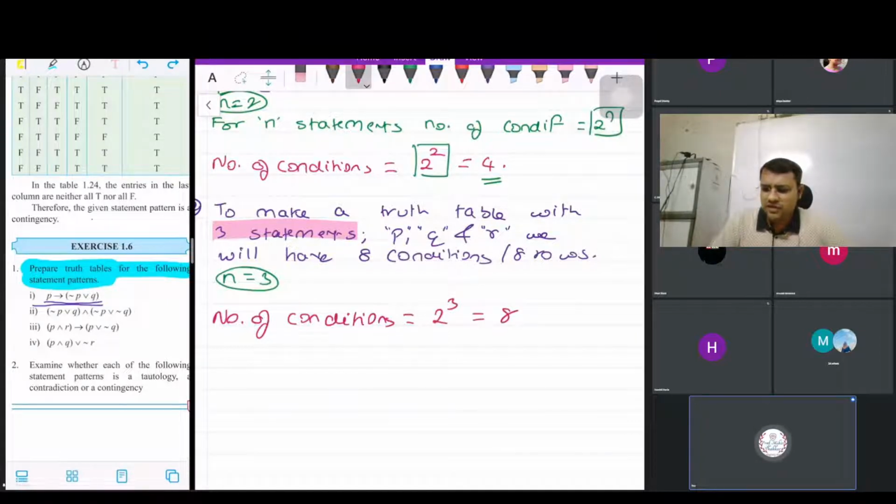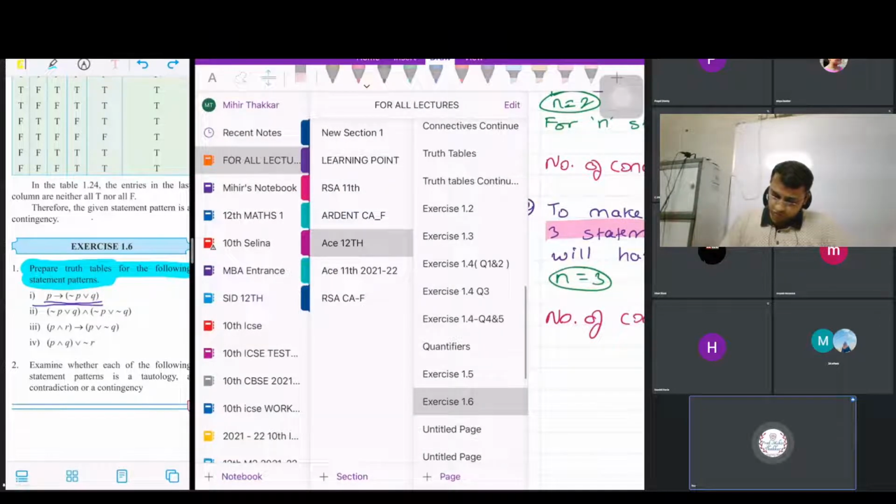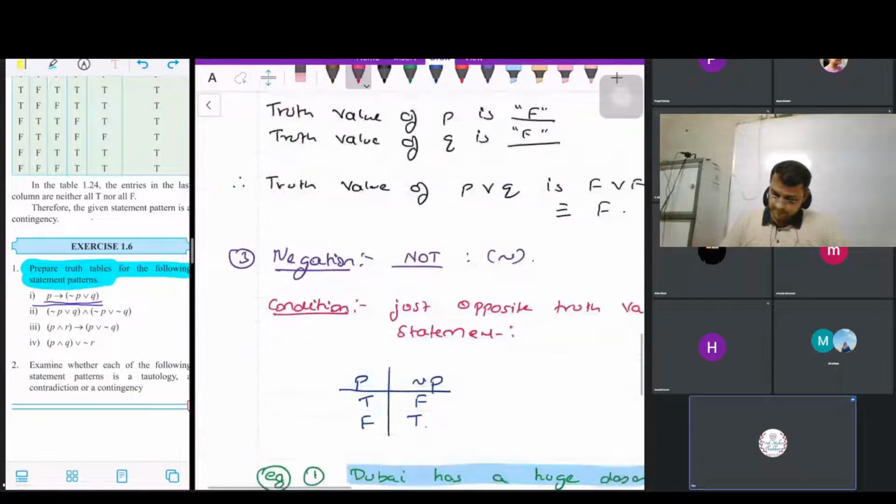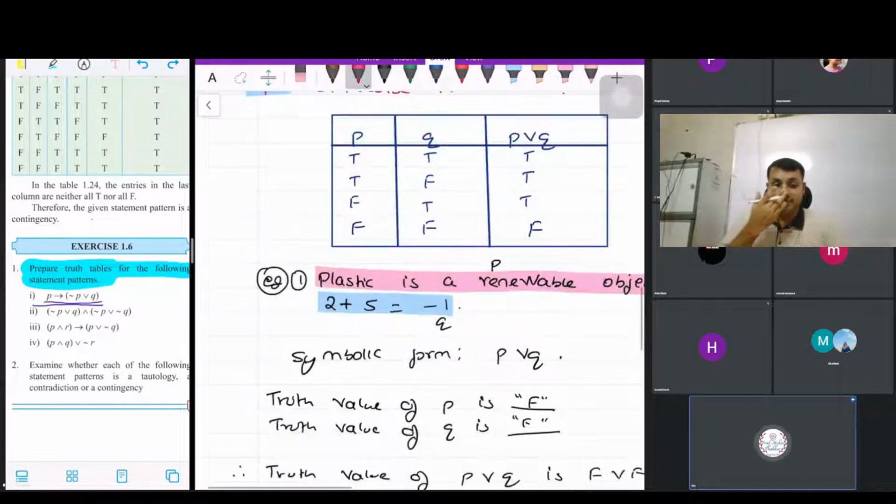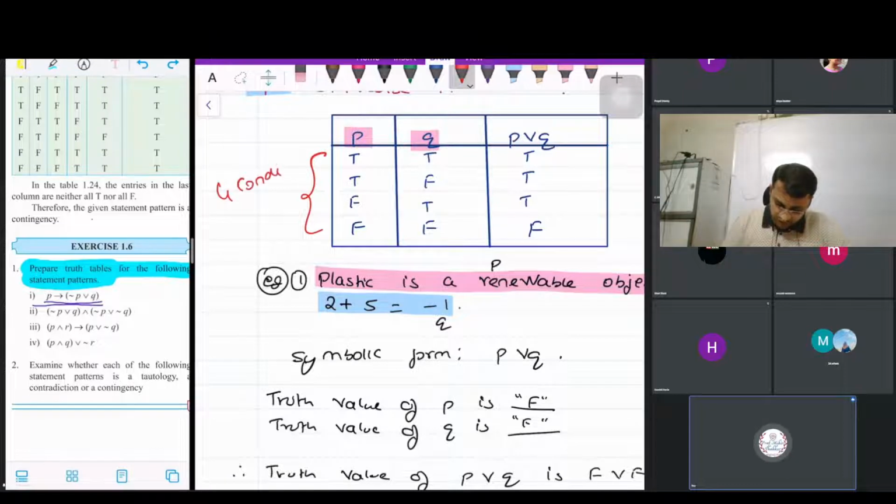Now you will be thinking, what exactly are these conditions and what am I talking about exactly. So let me go to a previous page, which was over here. Yeah. And let us try to understand practically what I am trying to tell you over here. Can you see this? I have two statements P and Q over here. And for the two statements P and Q, I have got four conditions. These are the four conditions that I am talking about. See this. TT, TF, FT and FF. So these are the four conditions which are available for the two statements. So this is actually 2 raised to 2.